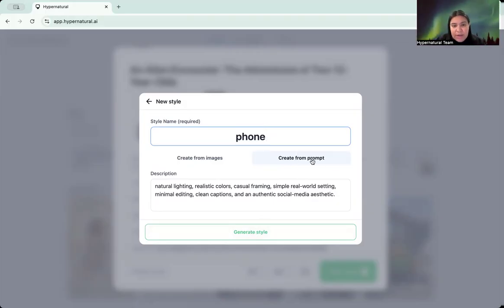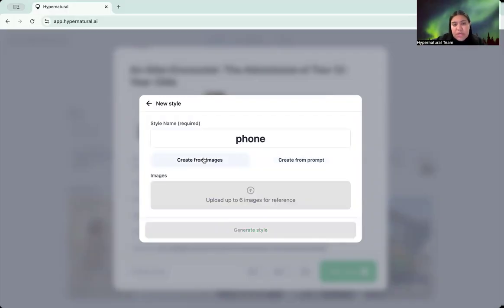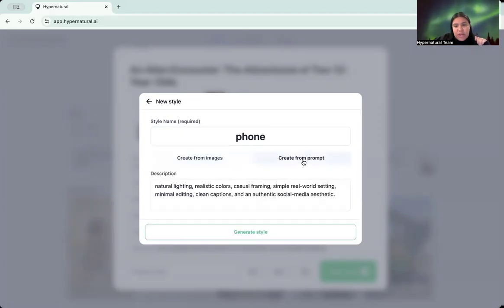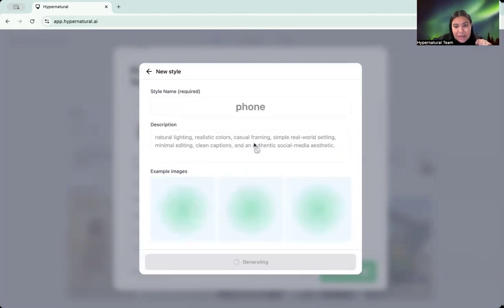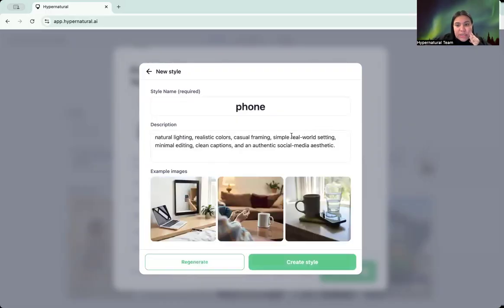But you can create a style from prompt. So that's where I'm at right now. Or you can upload a bunch of images. So if you have a very specific style in mind, say a 90s film, you could upload a ton of images from 90s films, up to 6 images, to create this style instead of creating from prompt. I did not prepare any images, so I'm just going to go from prompt. As you can see, it's an authentic social media aesthetic, real world setting. Okay, so